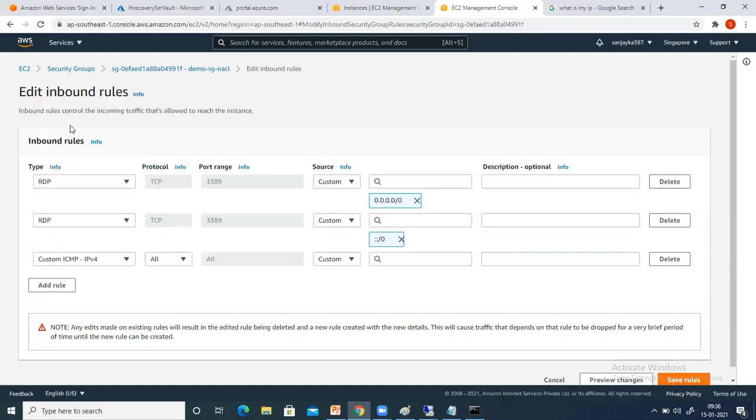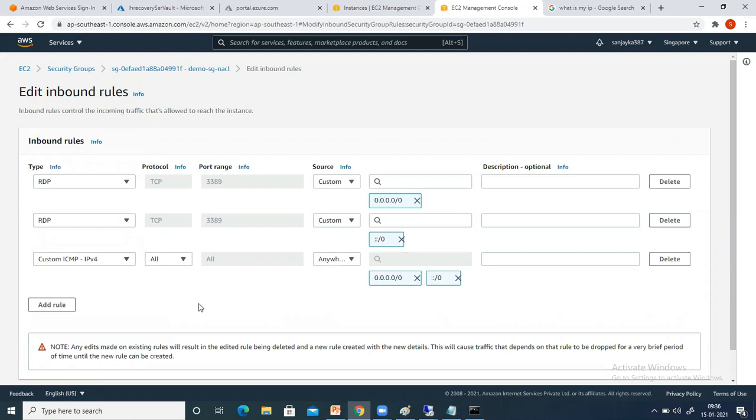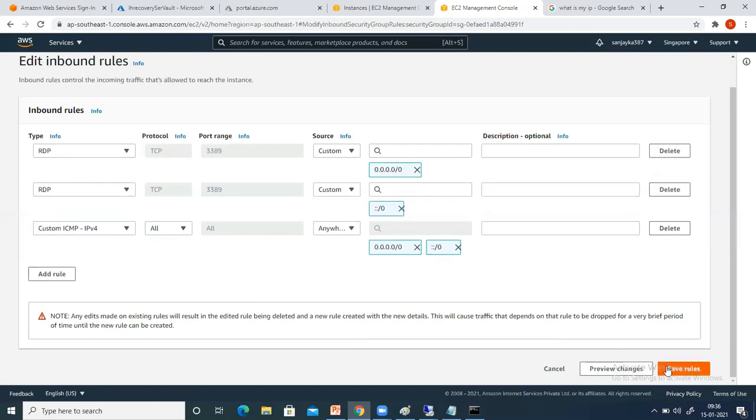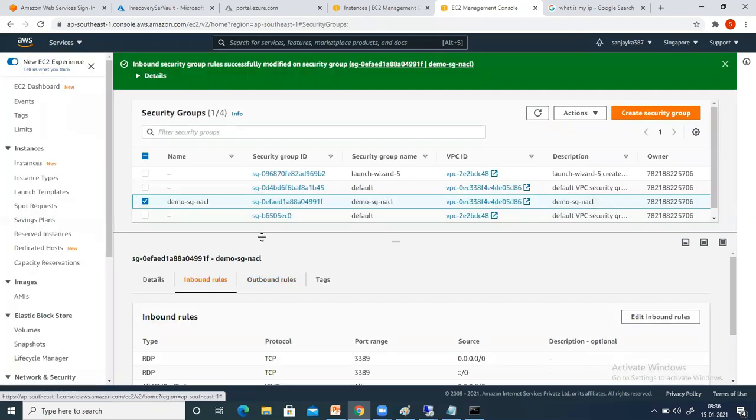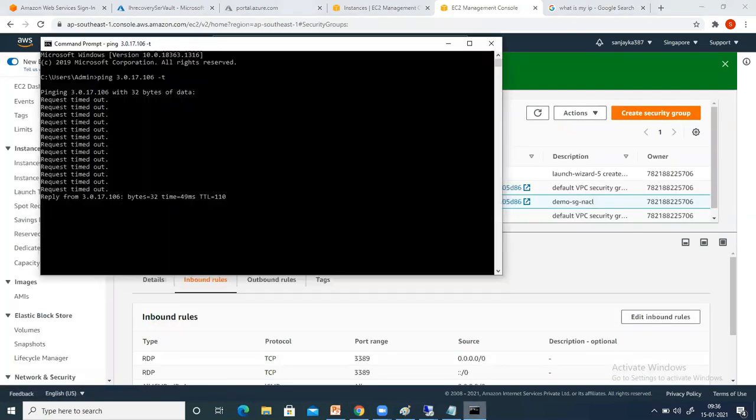Select ICMP and select anywhere. Whenever we ping any machine, it uses this protocol in the backend. So I have allowed it right now. Go ahead and click on save. As soon as you click on save, you will see that ping has started.